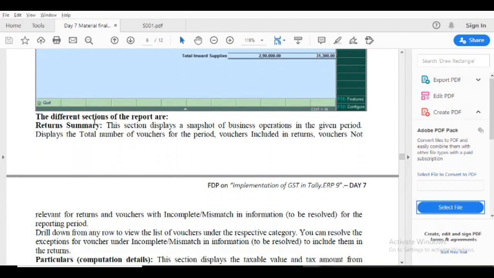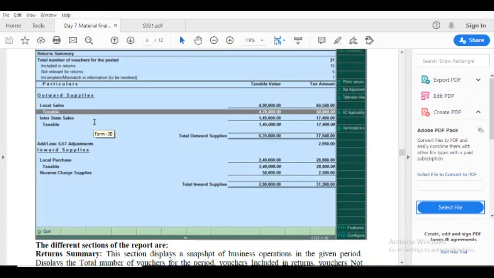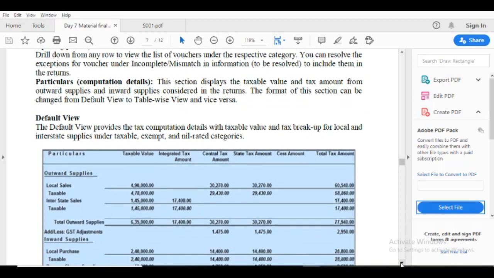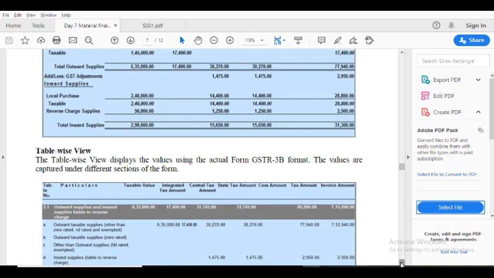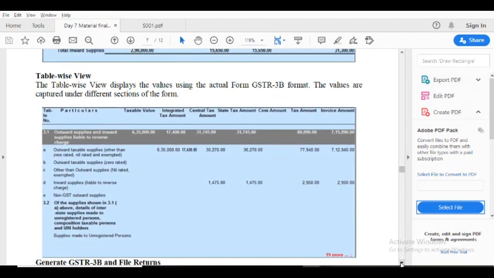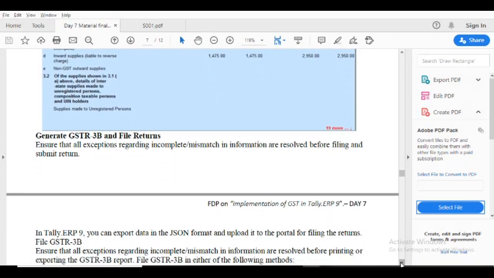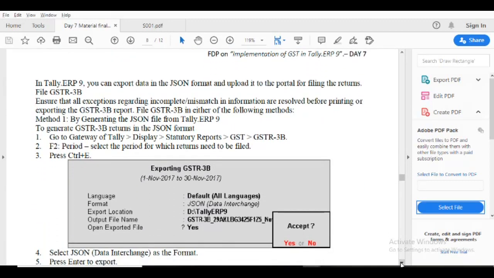These different sections of the report are here: return summary, particular computation details, and the default view is the table-wise view. To generate the GSTR3B and file the return, press Control+E.